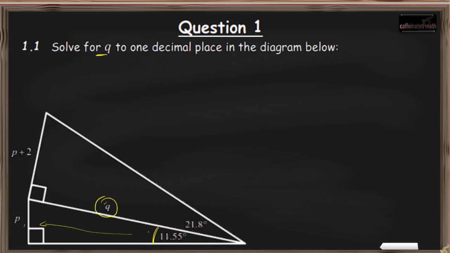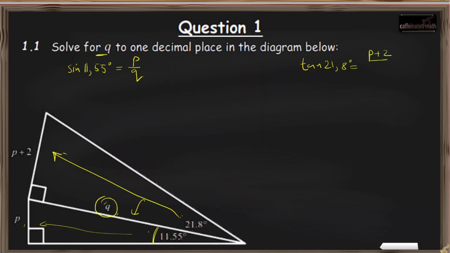Now that we know what ratio we have to choose, we're going to say that sine of 11.55 degrees is nothing other than P over Q. Then we look at the second triangle, and we see that this is opposite and this is adjacent. Opposite over adjacent should remind me of tan. So for that, we can say that tan of 21.8 degrees is equal to, well, P plus 2 over